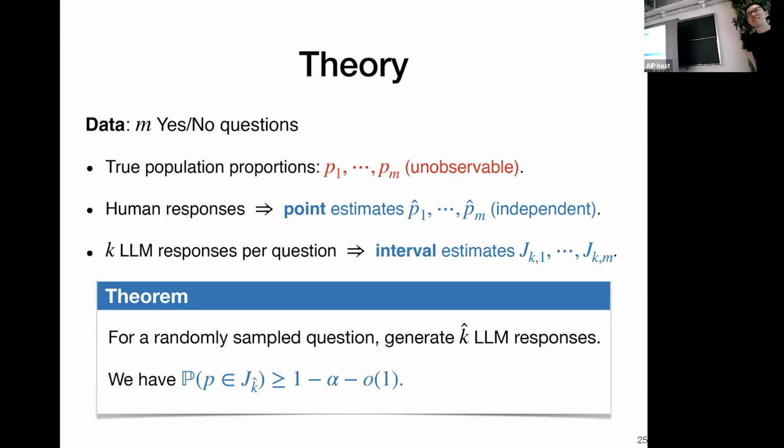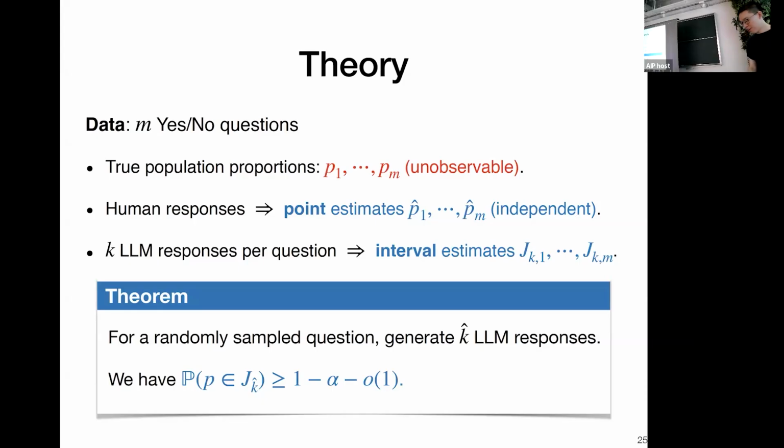So I'm not sure if I understand correctly, but in the worst case, if we use the Bernoulli, the interval will be from just 0 to 1 in the worst case. In the worst case, yes. So how can we avoid that, or is it unavoidable? In general, it's unavoidable, if you have just a very bad model. Suppose there's a model that always outputs yes. Right? Yeah, that's a very bad LM.